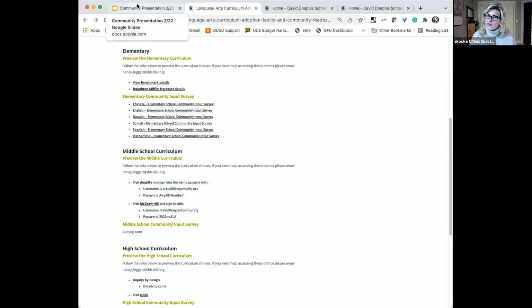And I think our best case scenario is we definitely want to purchase a blended package that has the digital components and the print components, because after comprehensive distance learning, we feel like we need both, and we need to be fluid in being able to be digital, but also there's times when we want books in hands of kids. So that is ideal. That is what we will strive to do. But again, it all does have to fall within the constraints of the budget that we have for the adoption.